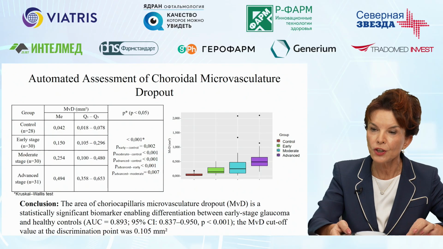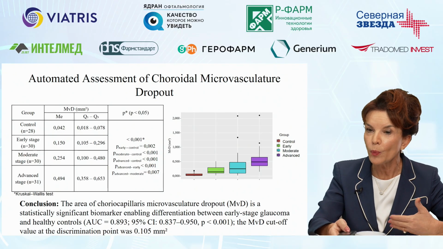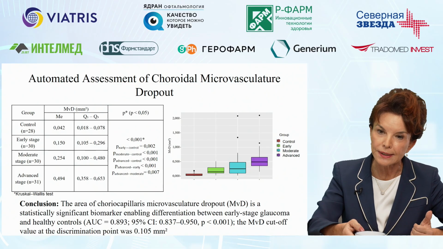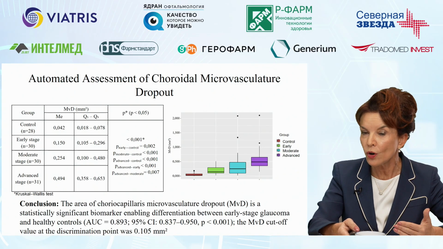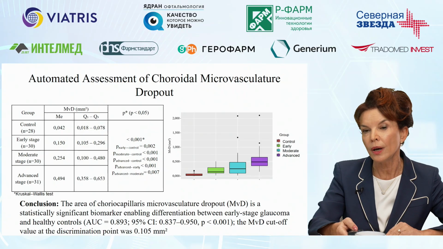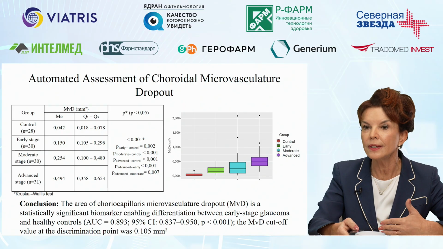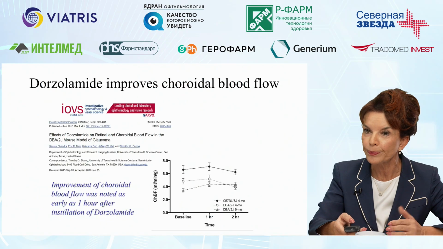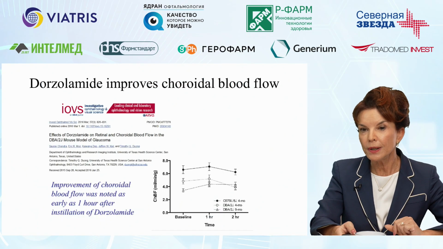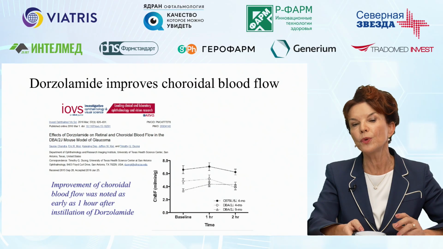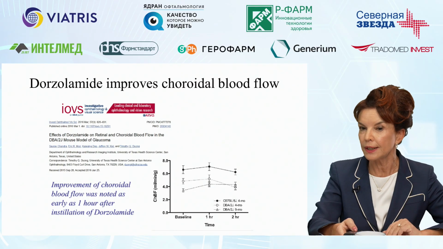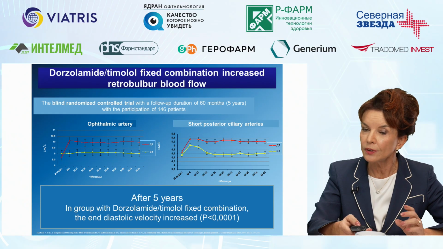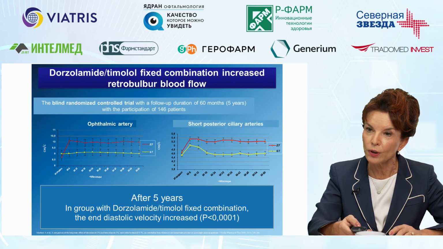At the early stage of glaucoma, it is different from the norm. That is why we can use this parameter to differentiate patients with glaucoma from healthy individuals. And we identified the threshold that would allow us to determine the disease, the stage of the disease, and to make a prognosis to some extent. The improvement of choroidal blood flow can be achieved by using carbonic anhydrase inhibitors such as dorzolamide and fixed combinations